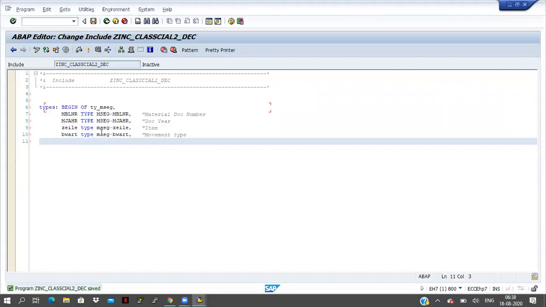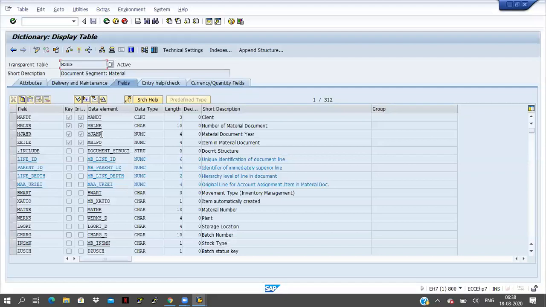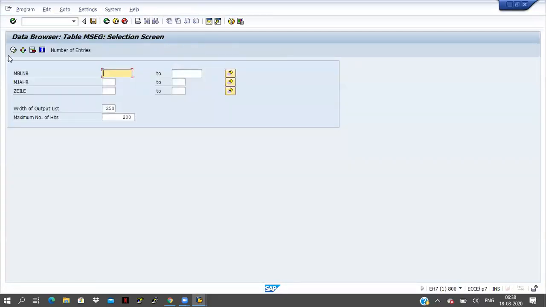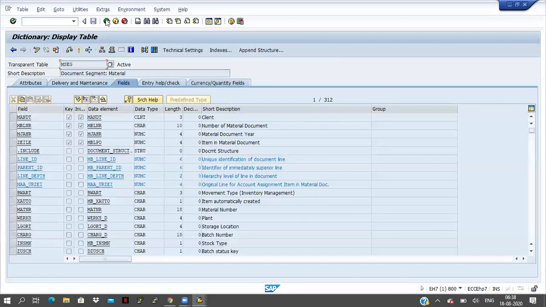Let me open the table and check some fields from the MSEG table here. Before that, I have to check whether the data is available in the MSEG table. So I am executing this. Click on the execute button. Okay, fine, data is available here. MBLNR, MJAHR, ZEILE, these three are the key fields here.